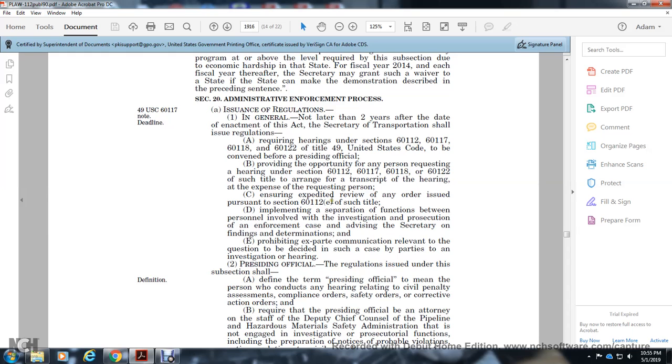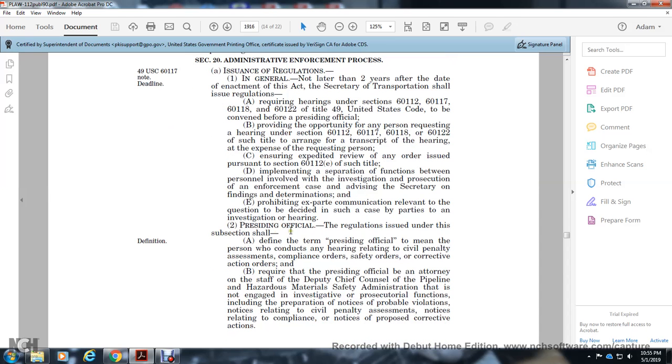Implementing separation of function for the personnel involved with the investigation, prosecution, and enforcement of cases, advising the Secretary on the finding or determination, and prohibiting ex parte communication relevant to the question for the case being decided for the parties in the investigation hearing. Presiding official, for the regulation issued under the subsection, is defined as the person who conducts the hearing relating to the civil penalty assessment or the safety order for the corrective action orders, required by the presiding official for the attorney staff, as if the deputy chief